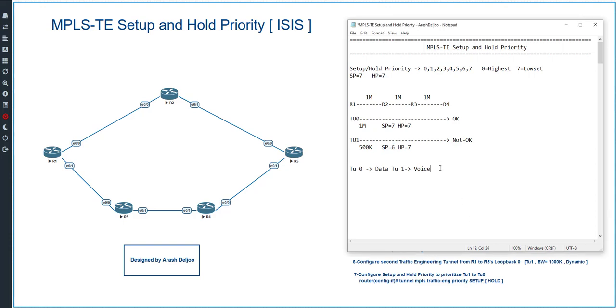I will configure it, but let me give you some examples about how we can configure the setup priority and hold priority. In most cases, we need to configure the setup priority and hold priority with values near each other. For example, we can configure both values less or more than other tunnels. Okay, let me give you some examples. Assume that we are configuring tunnel 0 with the setup priority of, for example, 2 and the hold priority of 7. This is not a good choice. I will talk about that. But